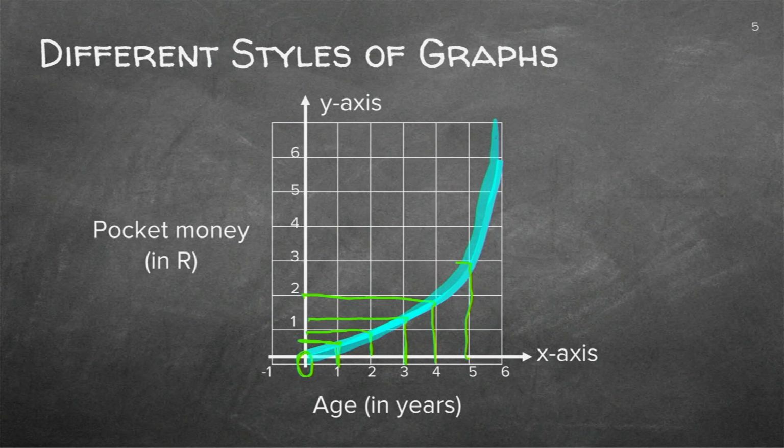At 5, you already got 3. And then it seemed at the age of 6 that you got 6 Rand. However, that's not the most important thing. The thing that you will have to have a look at is when you really grow older. It seemed like you will get more and more money, which is what we prefer.